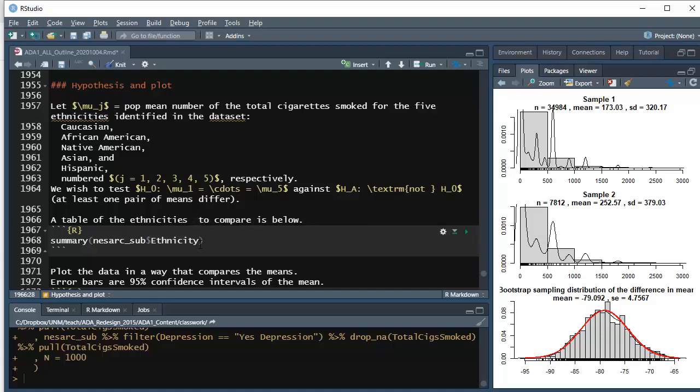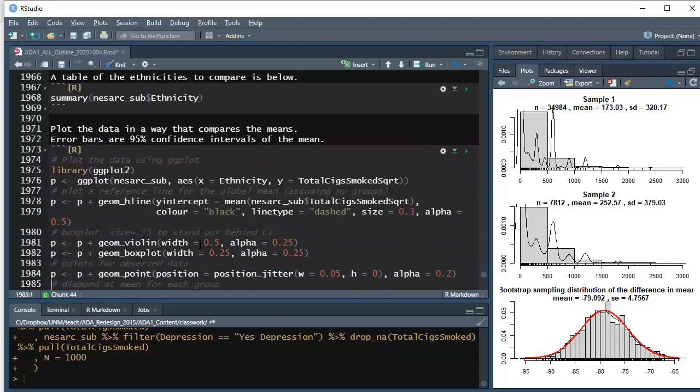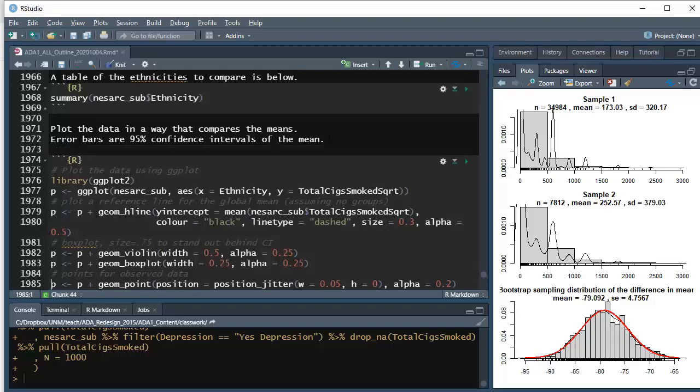And I've got a table of the ethnicities to compare below. And then I plot the data in a way that compares the means. And I've got 95% confidence intervals of the mean. So this plot,